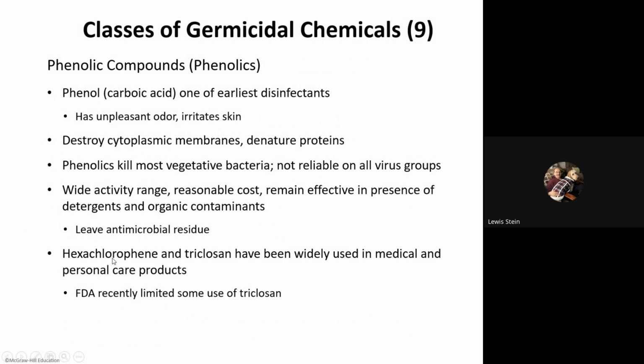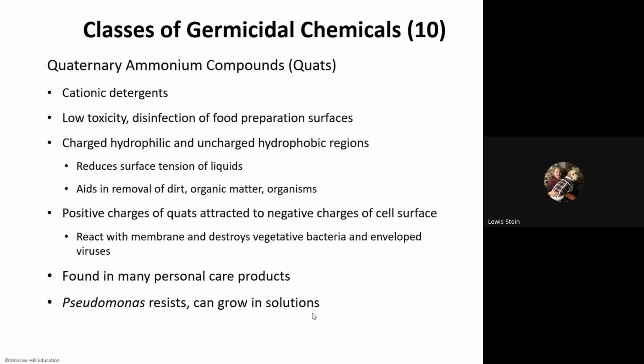The problem is these two agents. When I was a kid, a lot of medicated ointments had hexachlorophene. They took that off the market because it had neurotoxicity. And then the triclosan. That was in mouth care products, mouthwashes, and skin care products, as well as antibacterial soap. So it's important historically, and for years it was the active agent in Listerine for mouthwash. But now we don't use it as much. It's been replaced by the quats, or quaternary ammonium salts. We'll start with that